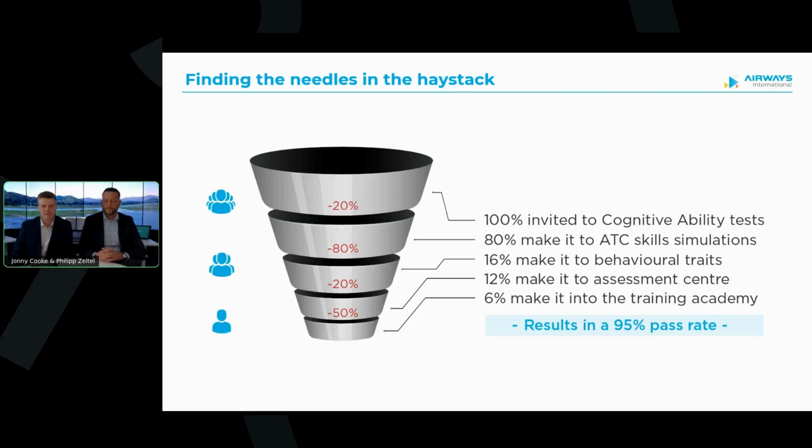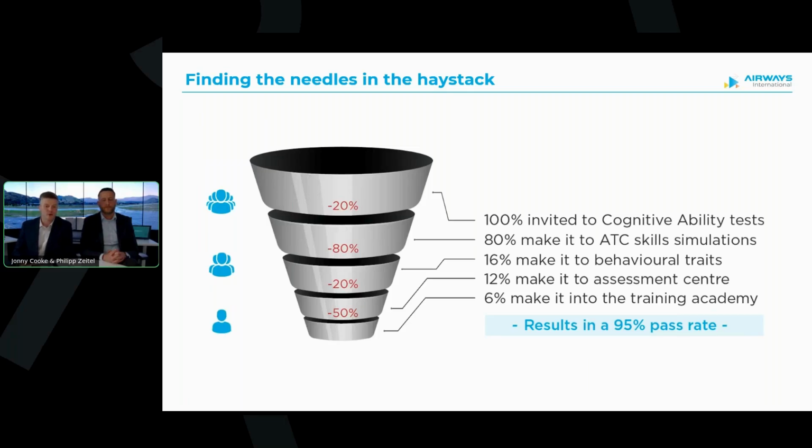And so this slide really just brings together everything we have talked about so far. It shows those different components, those stage gates that we're doing at each stage of selection. Every campaign is different, but generally the percentages you see on the funnel are around the amount of drop off we see at each stage.